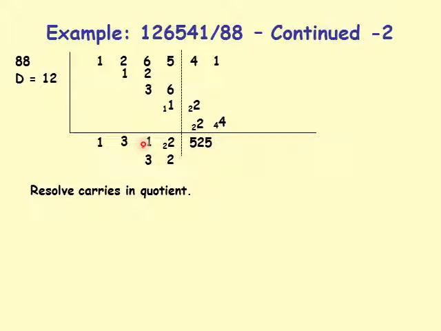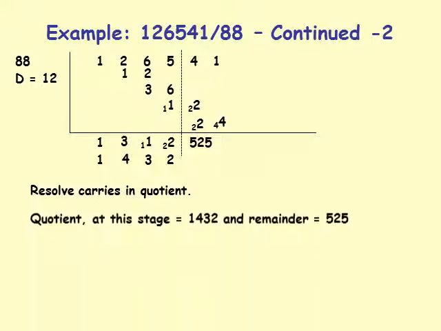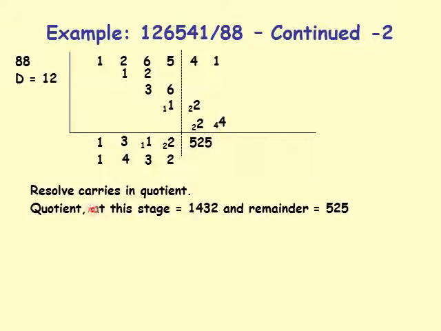Now this 1 here gets added to the next quotient position. So 1 plus 3 is 4 now. Okay, and there are no carries here, so we get a 1 here. Okay, let's continue. At this stage we have a quotient of 1432 right here, and the remainder is